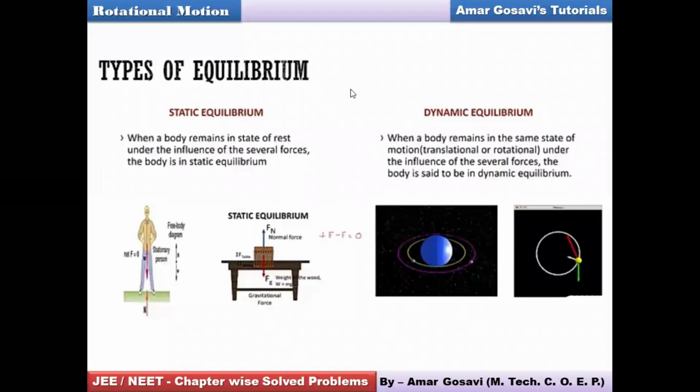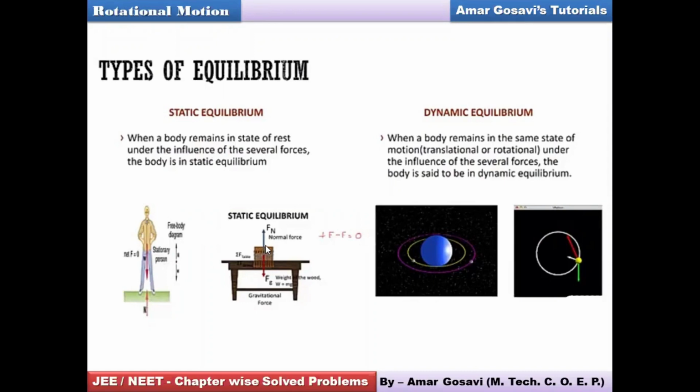In this session, we would study the types of equilibrium and then the conditions of equilibrium. All right, friends. Every object, whether it is in a static mode or a dynamic mode, has to be in equilibrium as far as the safety of the object is concerned. When I talk about static equilibrium, the word static itself tells you that the object is at rest. Say, for example, here you can see there is an object on the table and it's at rest.